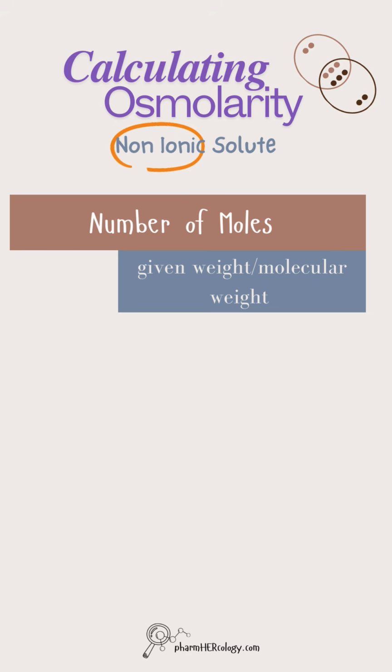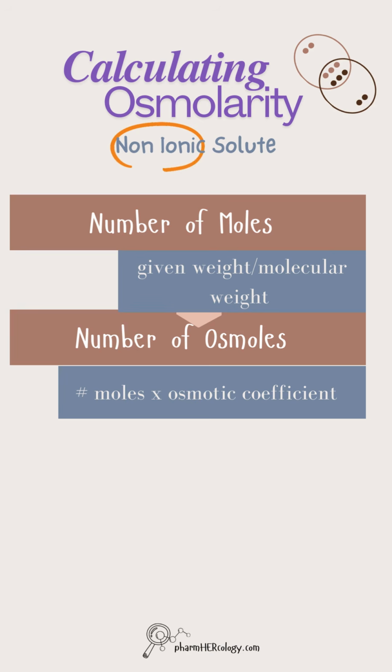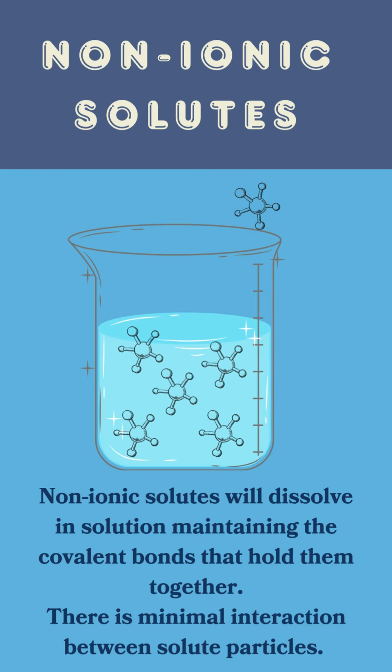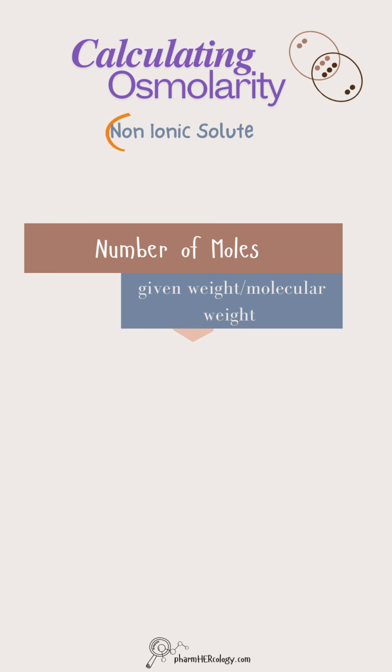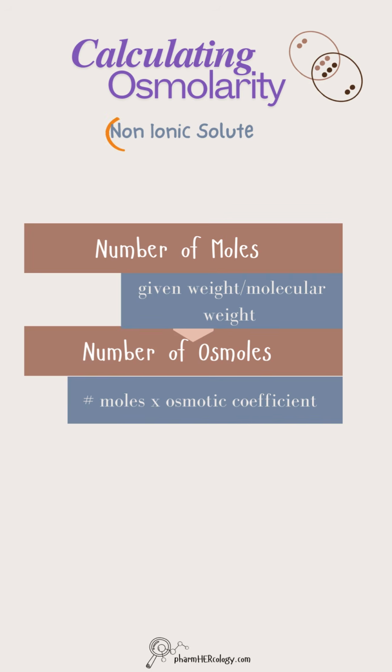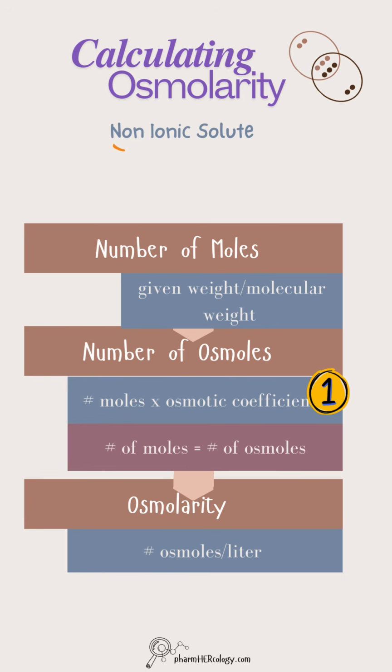Let's put this all together and calculate osmolarity in 4 easy steps, starting with non-ionic solution. First, we calculate the number of moles, which is always the given amount divided by the molecular weight. Then we convert moles to osmoles by multiplying by the osmotic coefficient. Since non-ionic solutes have an assumed osmotic coefficient of 1, for non-ionic solutions, the number of moles equals the number of osmoles. We then express the number of osmoles by a volume of 1 liter to get osmolarity of a